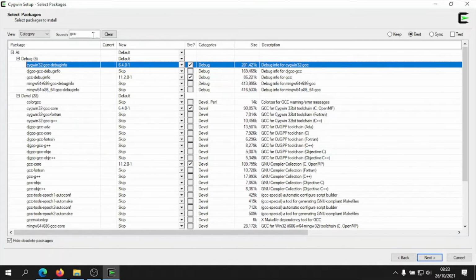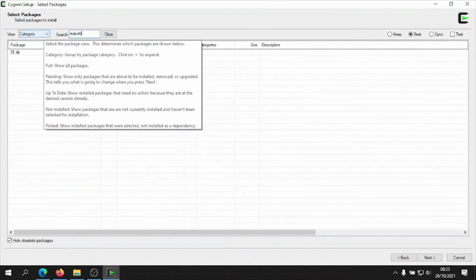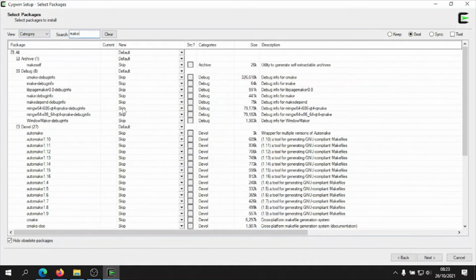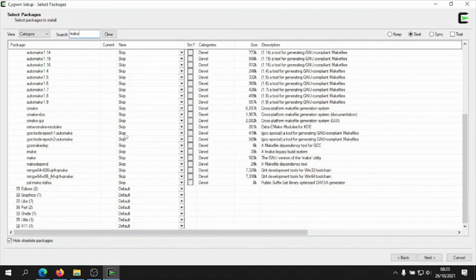Next, search for makefile. Search for make. So what is makefile? Make is basically a package that will allow you to compile the files using one particular instruction called make. So this is basically a Linux package, but we are going to install it inside our